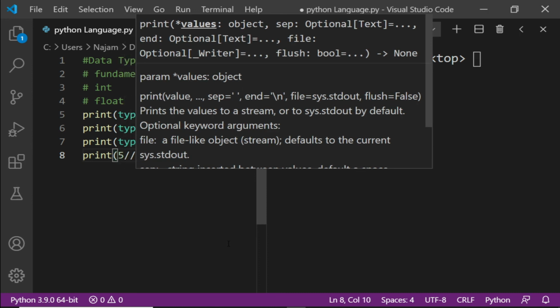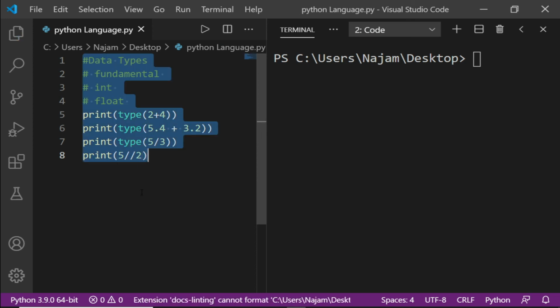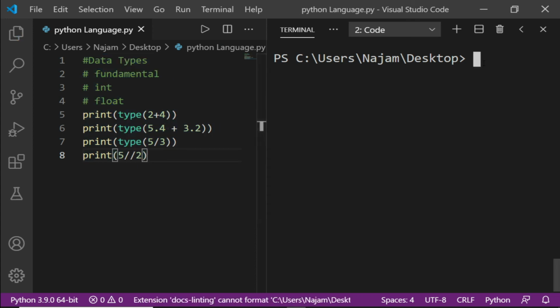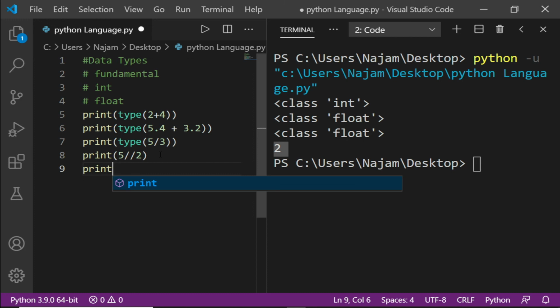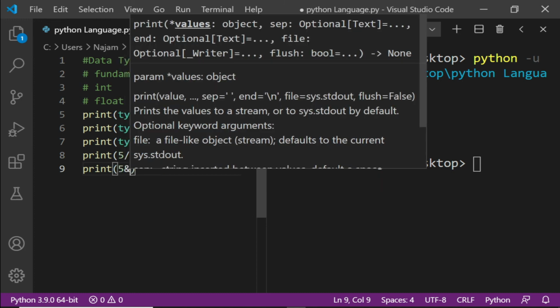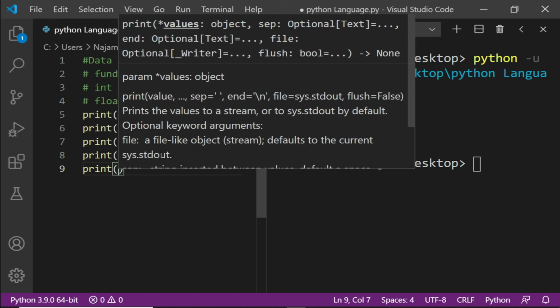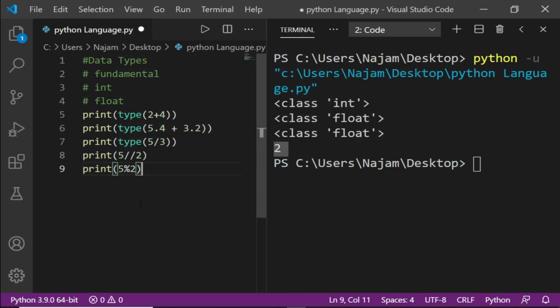And I have another one. 5 by 2. What will be the output of this? Let's see. 2. Because this is modulus. And have the same procedure once again in a different way. 5 modulus 2.